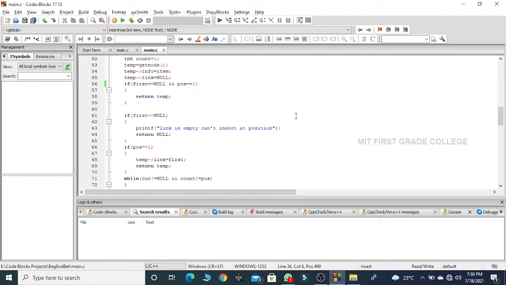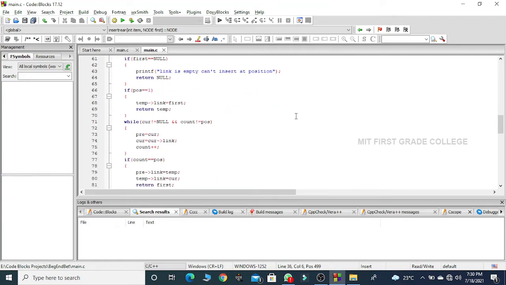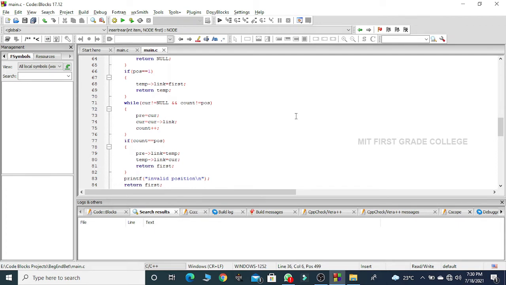Now the third scenario, where I have some nodes inside my linked list, but still I try to insert the node at the very first position. So if my position is equal to 1, if that is true, temp will be holding the address of the newly created node.